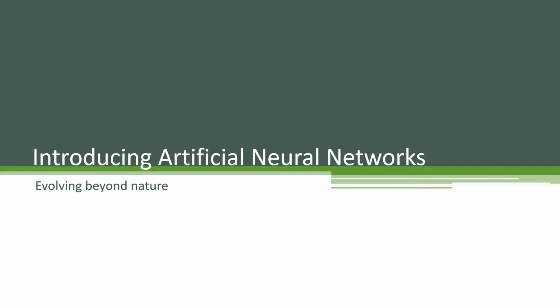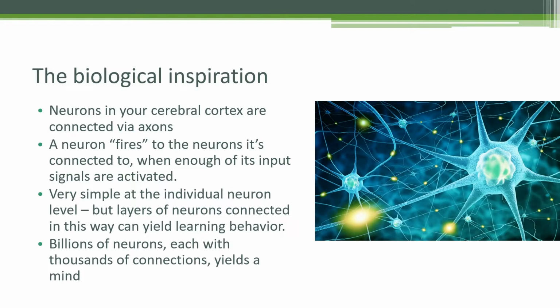Let's dive into artificial neural networks and how they work at a high level. Later on, we'll actually get our hands dirty and create some, but first we need to understand how they work and where they came from. So it's pretty cool stuff. I mean, this whole field of artificial intelligence is based on an understanding of how our own brains work. So, over millions of years of evolution, nature has come up with a way to make us think, and if we just reverse engineer the way that our brains work, we can get some insights on how to make machines